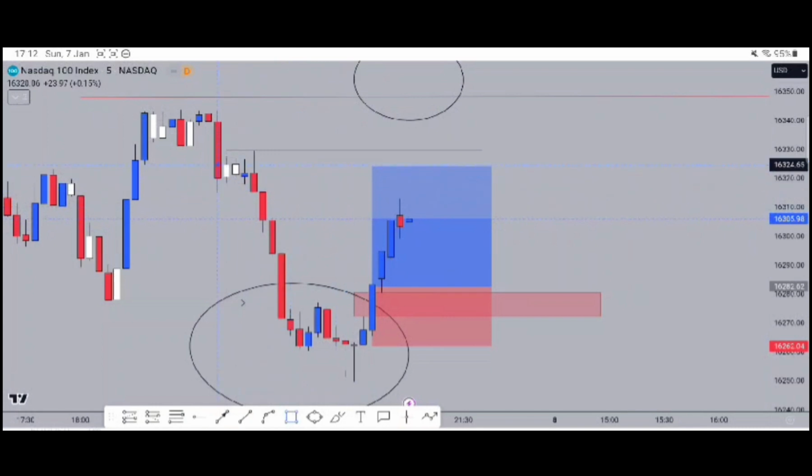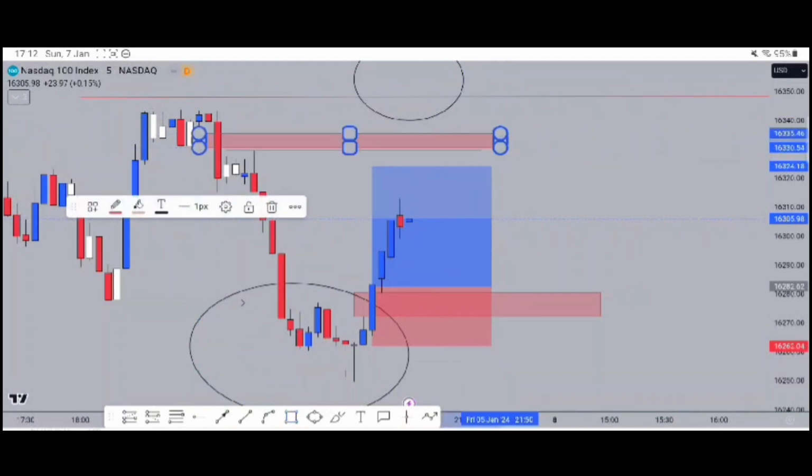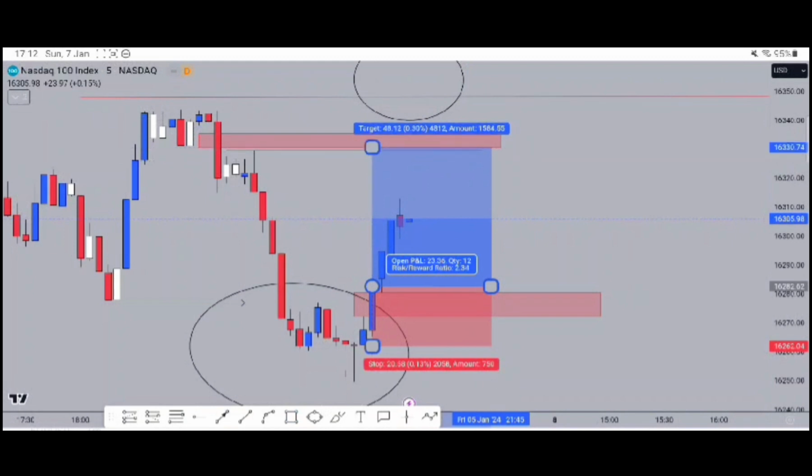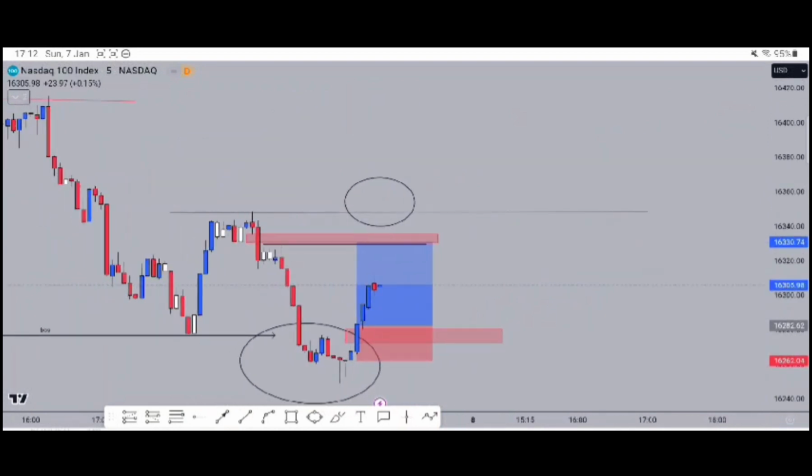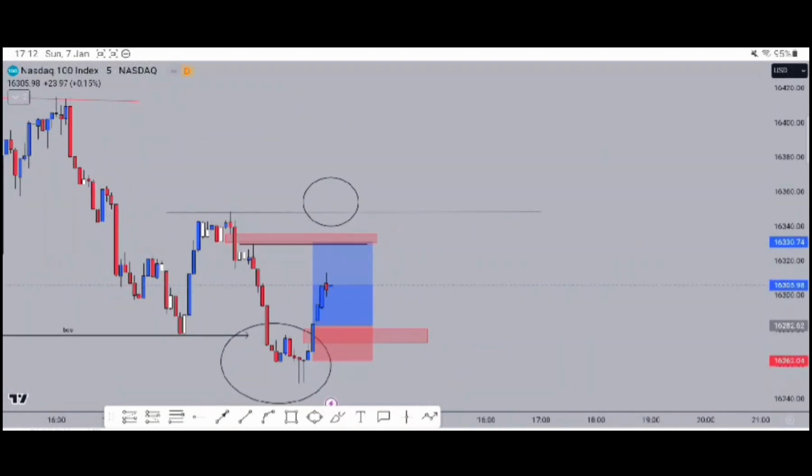But then directly above it there's a lovely little imbalance. So I probably would try and hold the trade until this was cleared. If that was the case, you'd be looking at a nice 2.3R. So that's probably what I'll be looking for to get into something next week,